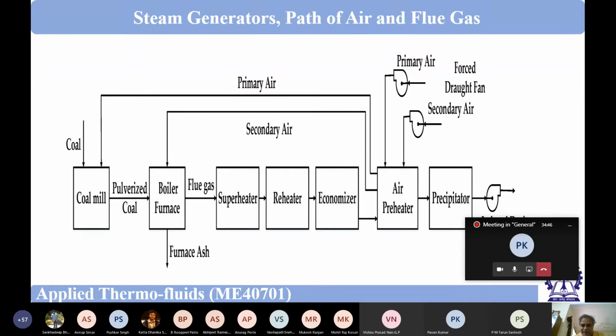In a simple case, when we are talking about an air conditioning duct, it may be a fan, and at the outlet of the fan, some sort of a rectangular duct is added. But in case of a boiler, the path is jagged. In the air conditioning duct, there is no obstacle. But in the boiler, there are so many things. The superheater is coming somewhere, reheater is coming somewhere, economizer is coming. I will show those things. So that is a duct.